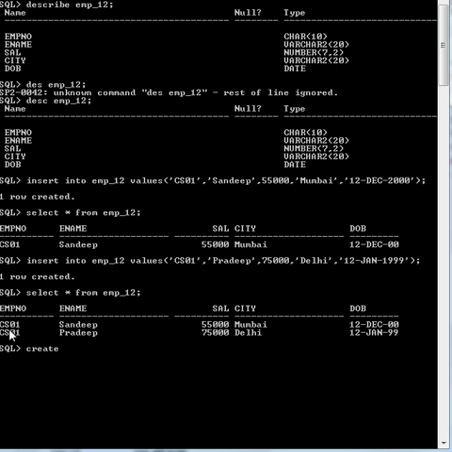So create table emp_x1, okay. Suppose I have created table, create table emp_x1, okay.